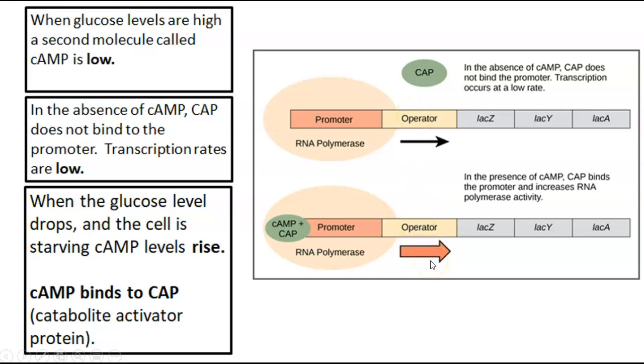However, if we have only lactose available, lactose will enter the cell, it will remove the repressor from the operator, so it will free up this portion of DNA. And also, because there's no glucose available, you're going to have high levels of this particular molecule called cyclic AMP. When you have a lot of cyclic AMP, it will come together here with the CAP molecule, and they will come over here in this promoter region and give RNA polymerase the green light,